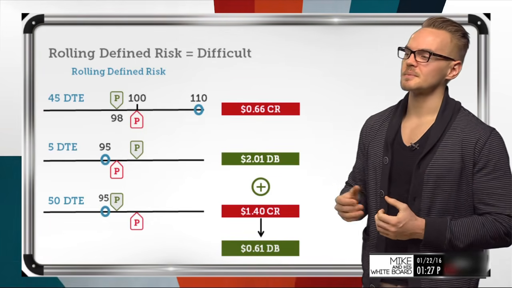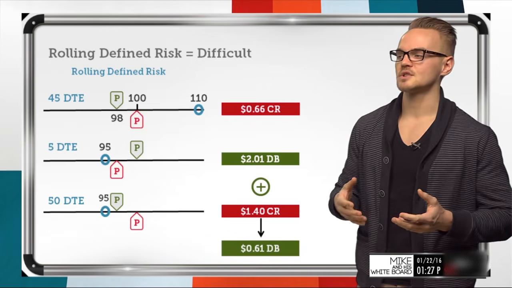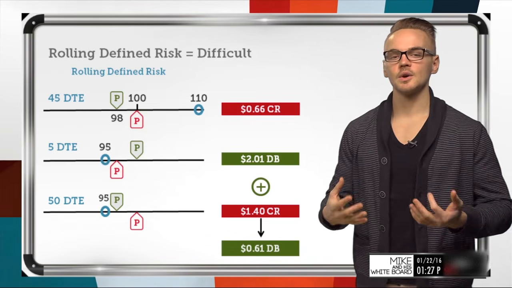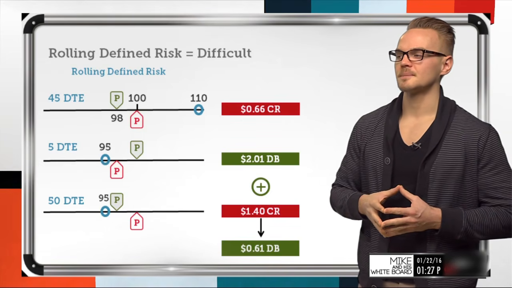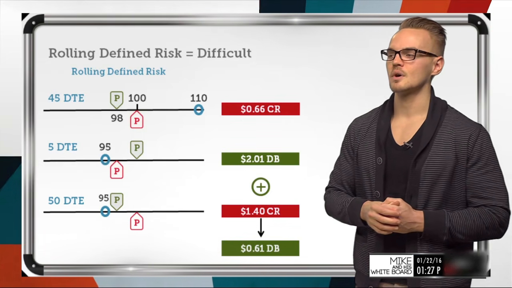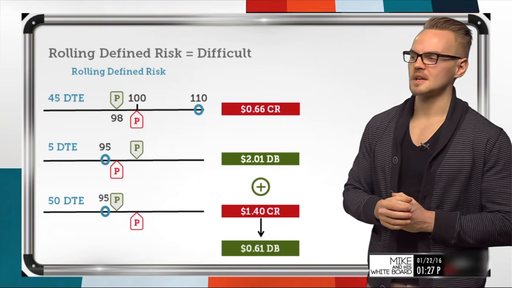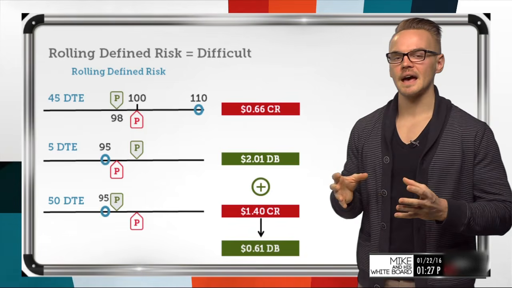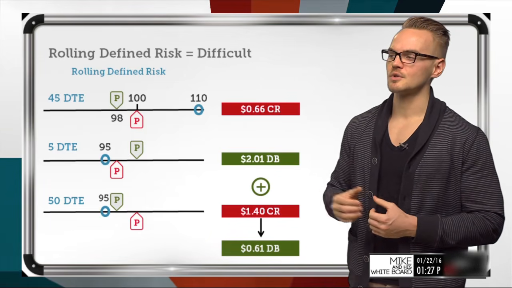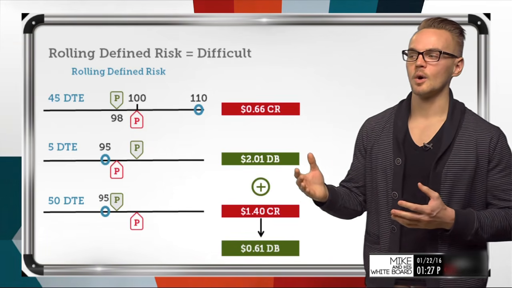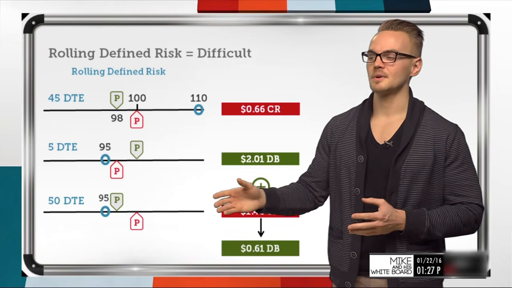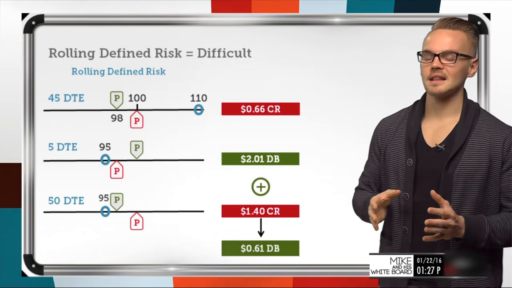So although the spread is 2 points wide, I might have to pay 201 or 202 to close out of this spread. So we're giving ourselves the benefit of the doubt here and looking at closing the spread for 201. Now here's where the tricky part comes in. You might think that, well, I closed this spread for 201, I should at least be getting more than $2 for opening a new spread that's in the money with 50 days to go. But that's not the case.